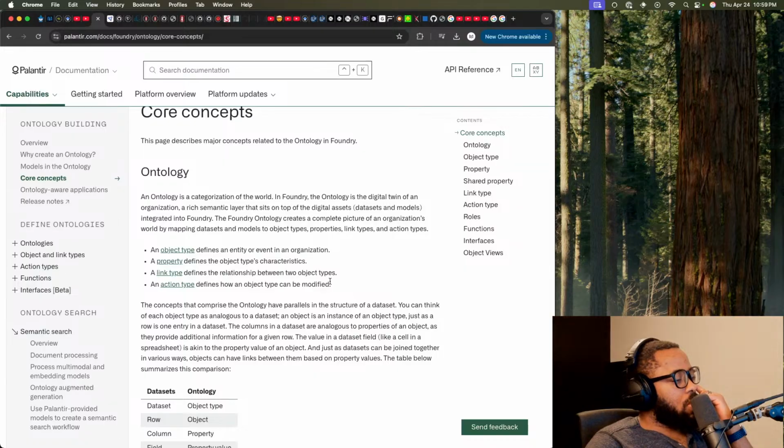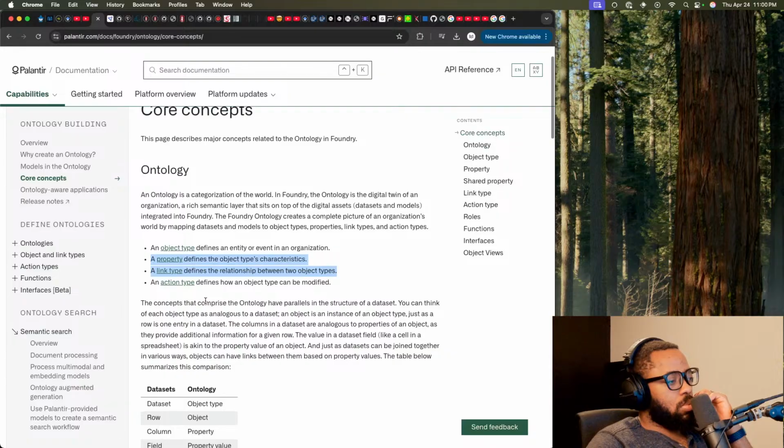So it sounds like, just thinking in terms of simulation and game engines, object types are entities, property and link types are components, specifically in terms of an ECS game engine, and action type will be some form of the system, like the system of actions that runs on every frame. Okay.